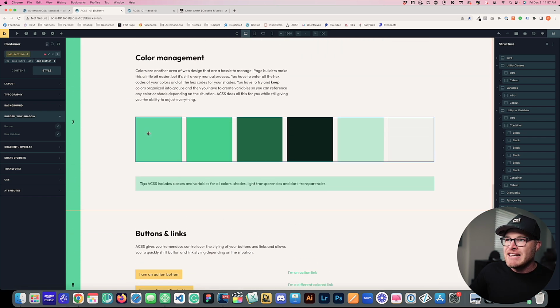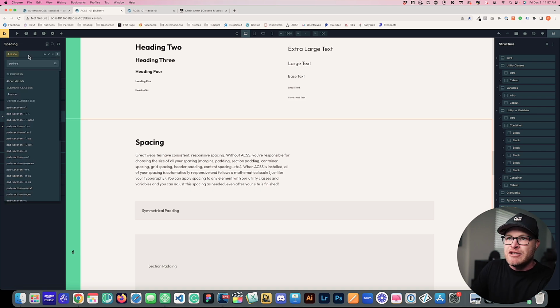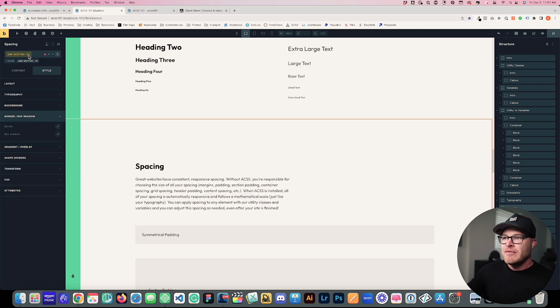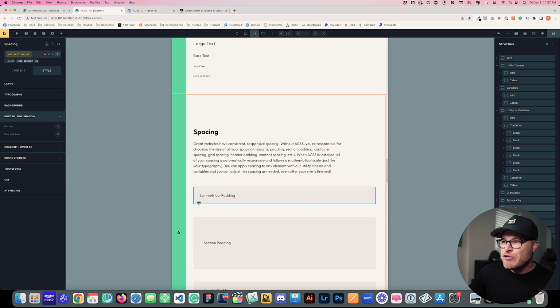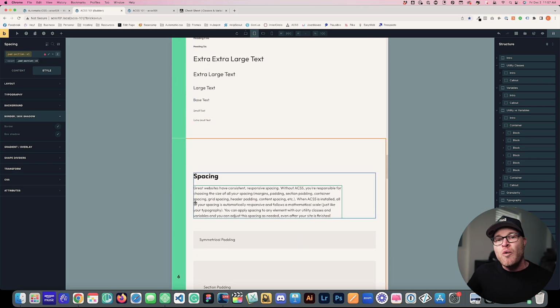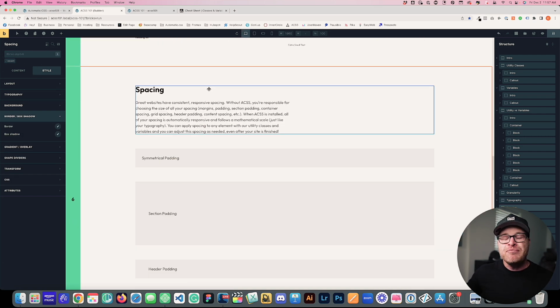If I were to take this section right here that I'm working in, and I will literally apply pad section, actually it's got a class on it. And yeah, no, I didn't even apply custom padding here. So I'm going to do pad section XL, and that's going to give me XL padding in this section. But notice left and right, my content did not come out of alignment with all of my other content. Even as I go down through the different breakpoints, my content is always in perfect alignment, because the application of section padding only applies to the top and bottom of this section container, and it retains always my gutter padding